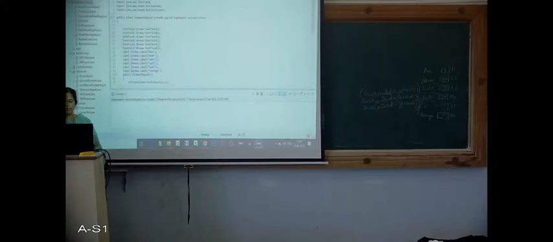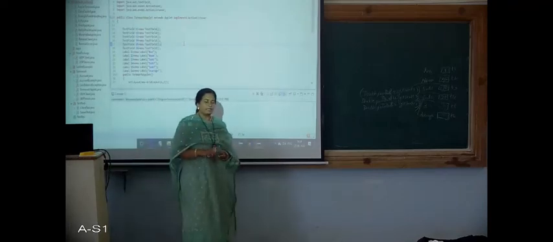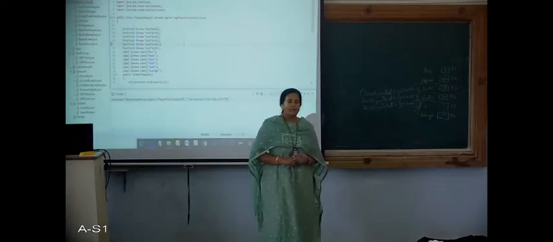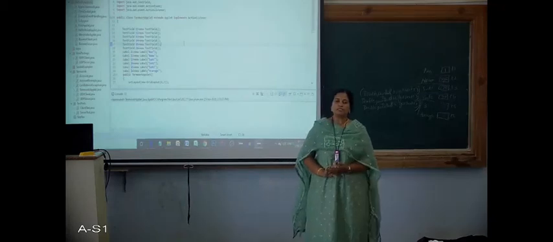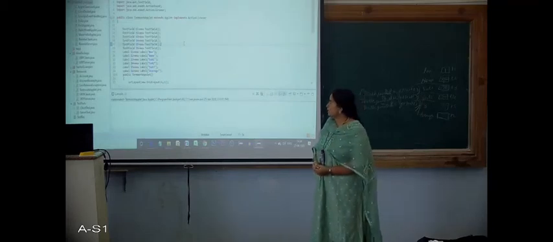See, for this, what all we have used is, first we created the text field objects and then we created the labels, and just creating only these is not sufficient. We need to do something, right? What action should be taken? So that is done by using the action listener interface.